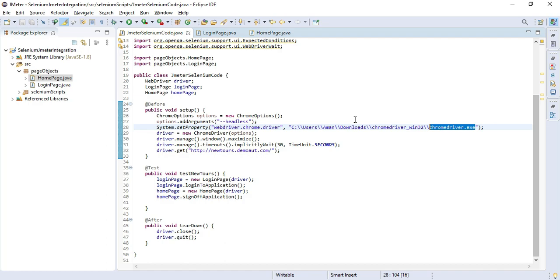This Eclipse is an intelligent tool. At the time of execution, it will get to know from where it can pick this exe, but when you convert it into a jar file and place it on JMeter, it will not be able to identify from where it needs to pick this chromedriver.exe. That's why I asked you to give the whole path, not any relative path, so your code will be executed.